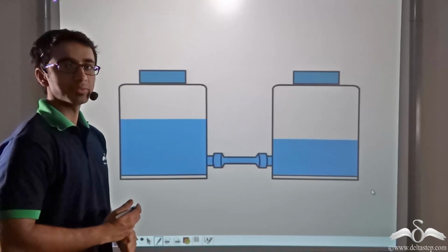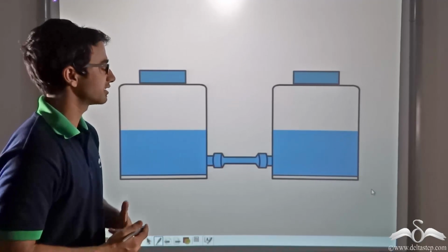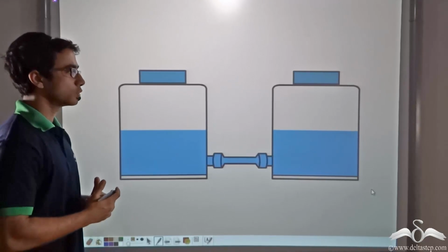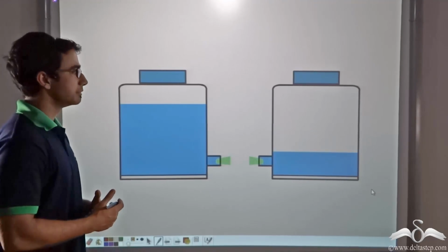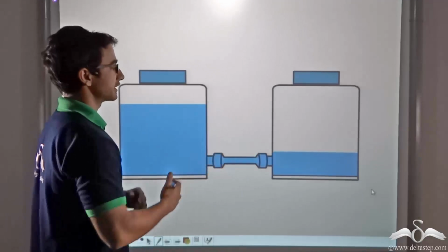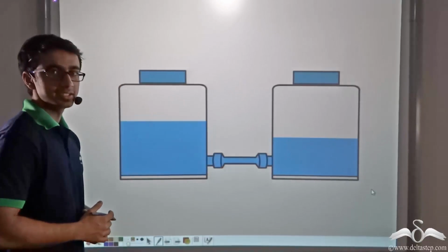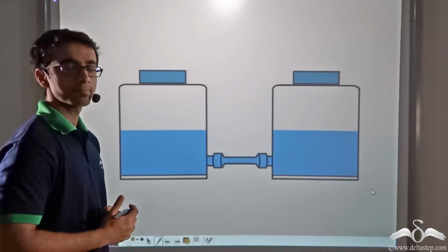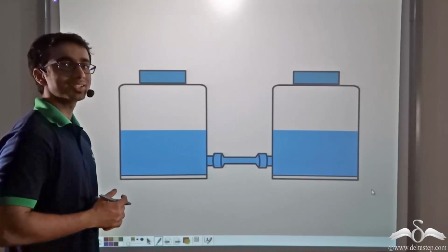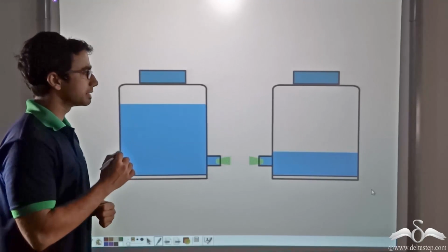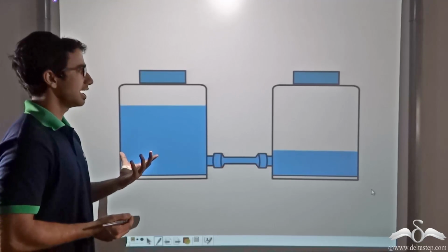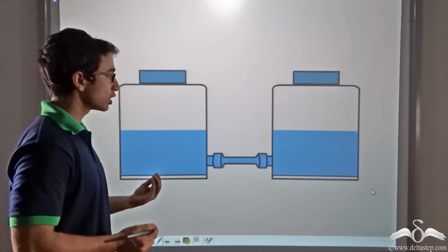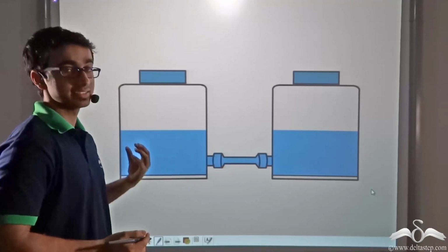Let us consider the animation of the water vessels once again. In the first case, you will see that the difference in water level initially in between the two vessels is quite significant. Now, when they are connected, a greater amount of water will flow. Why is this happening? If you recall what I had mentioned in our previous lecture, you will remember that this vessel has a capability to do work in order to transfer the water from this end, that is this vessel,